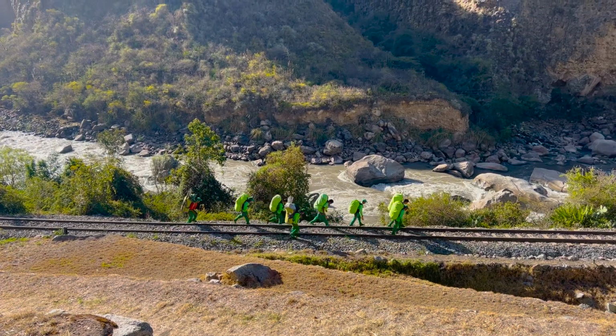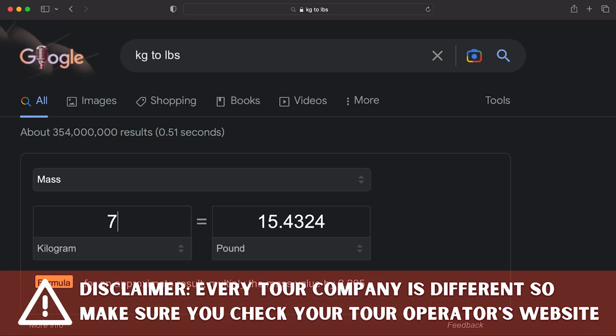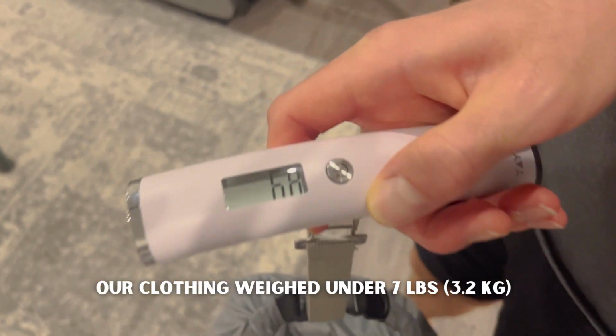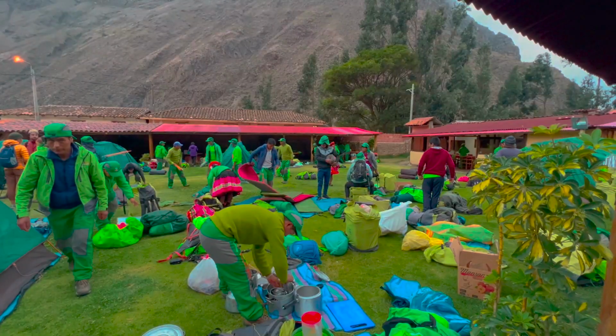Every ounce counts. There are laws on how much the porters can carry, which in turn limits the weight of each person's duffel bag. Our tour operator allowed 7 kilograms per person, and we were easily able to stay under this weight limit. Moment of truth. We're under 7! However, if you don't think you can swing it in the allotted weight amount, you can usually arrange to pay